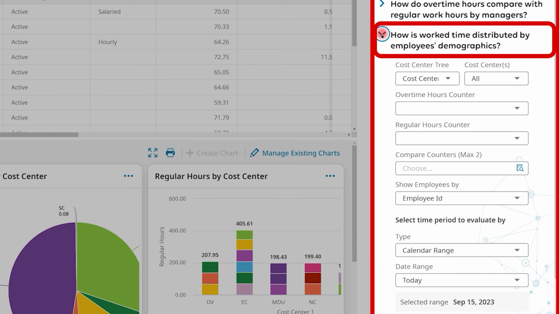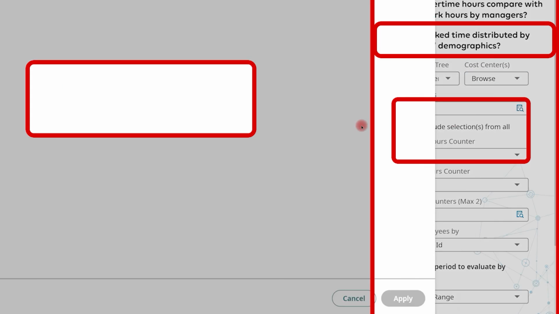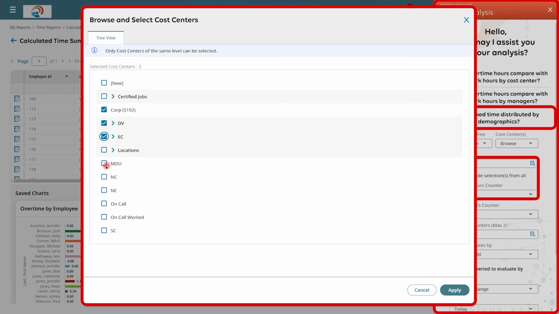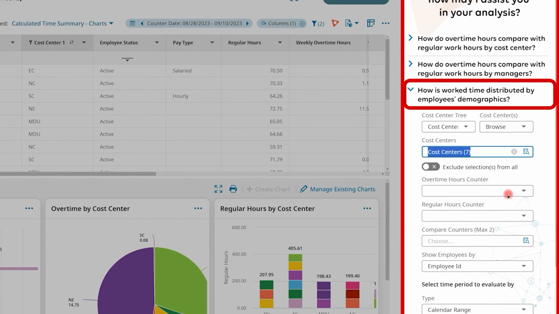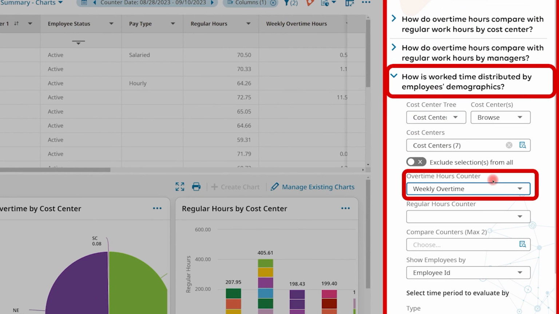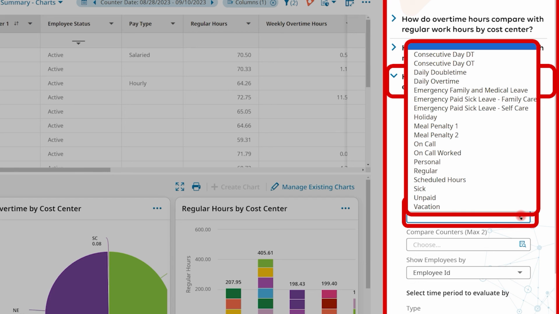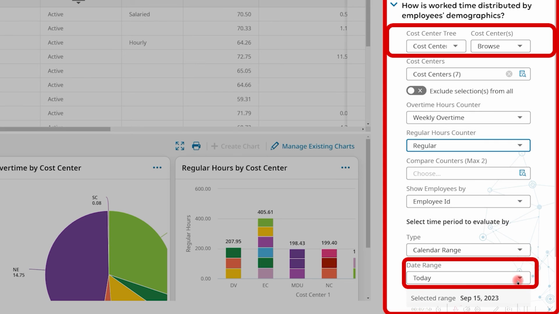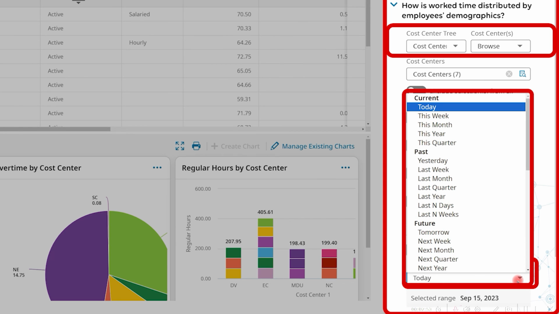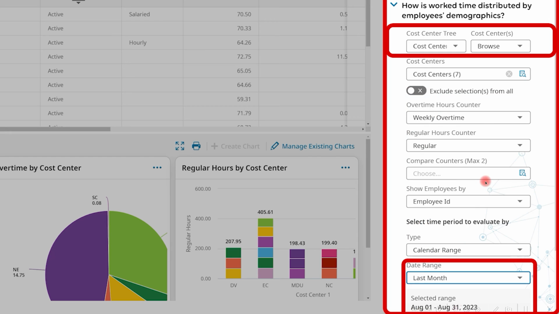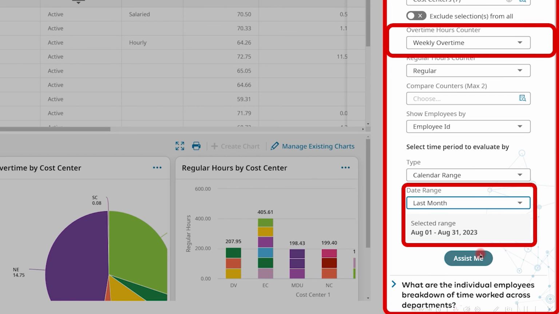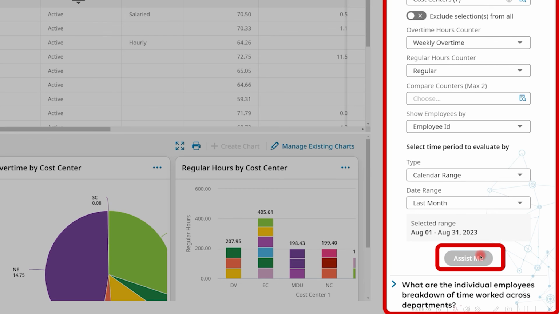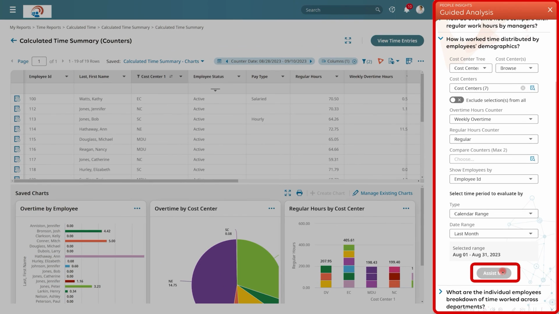First, we will need to choose the cost center that we will be evaluating. Then, in this case, we are going to be reviewing our weekly overtime hours and our regular hours. And finally, we can establish the date range that we will be evaluating. In this case, let's look at last month's data. Once you're ready, you can click on the Assist Me button, and this will bring up our Insights Explorer